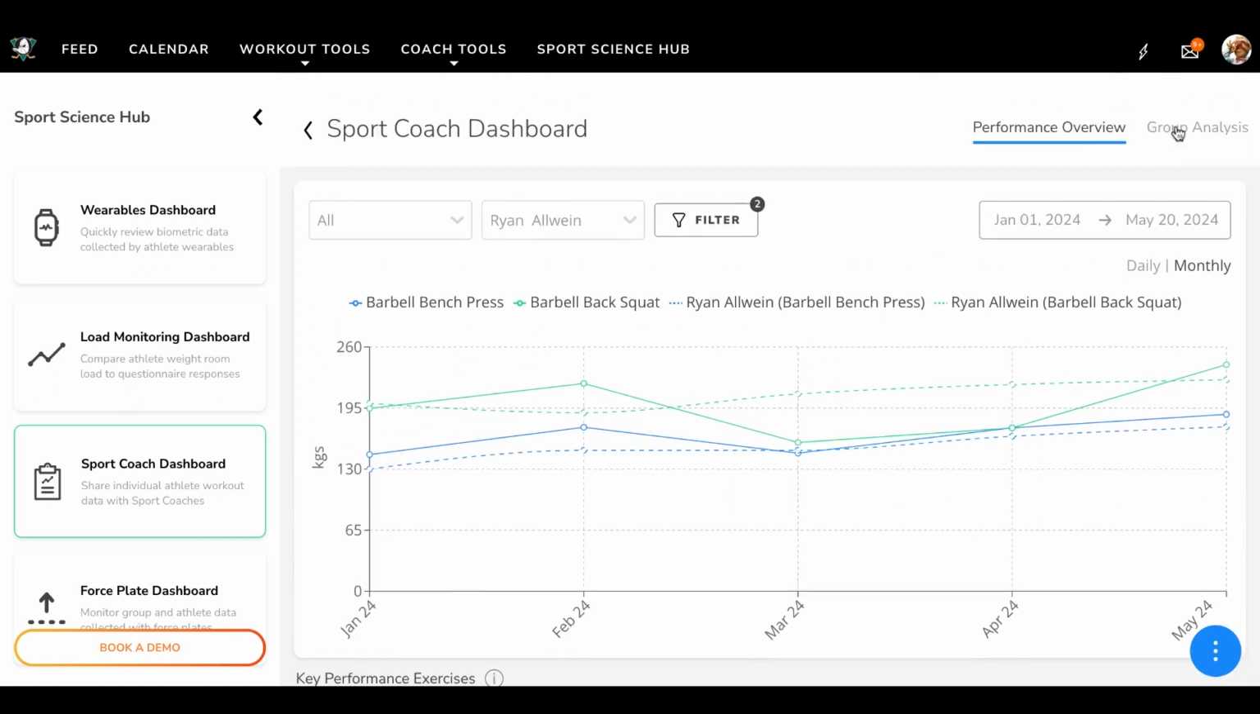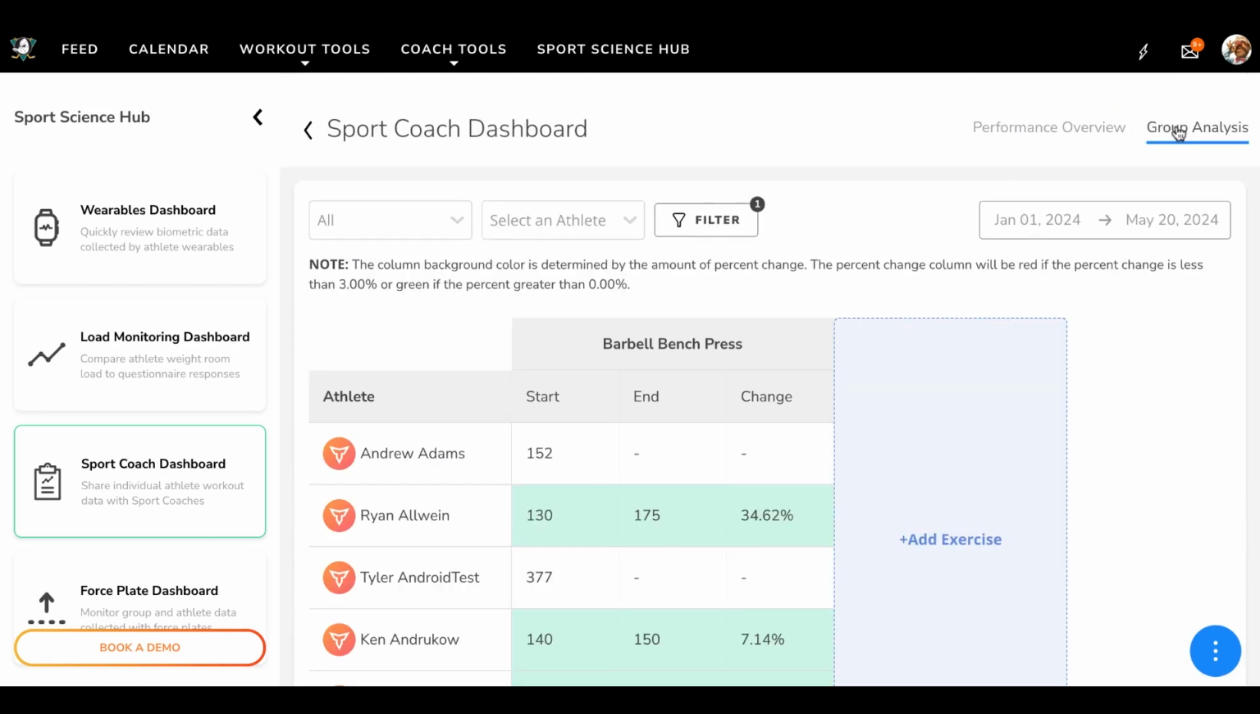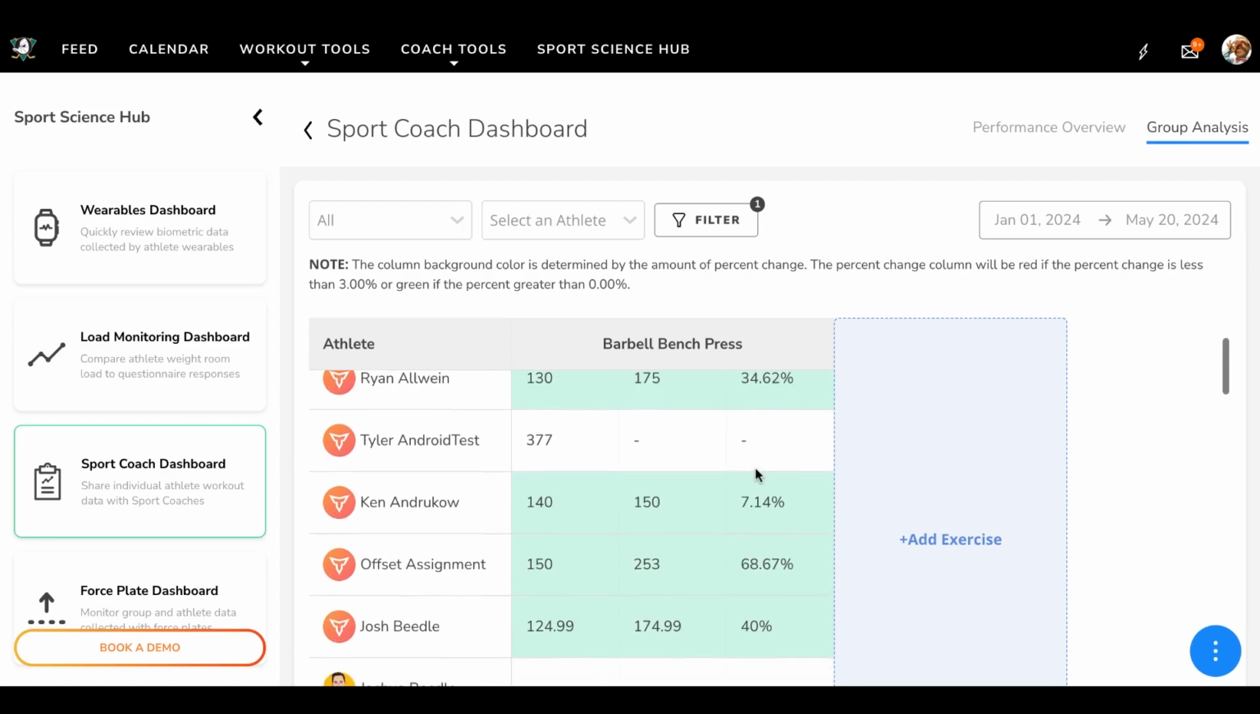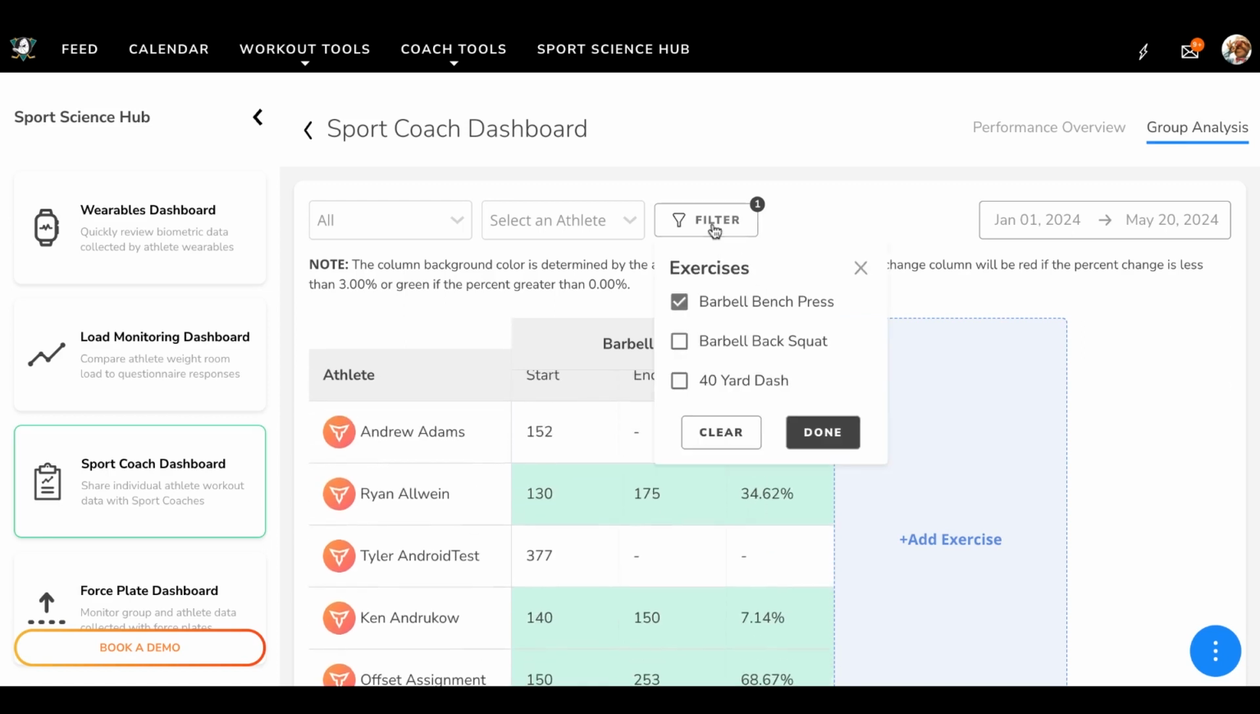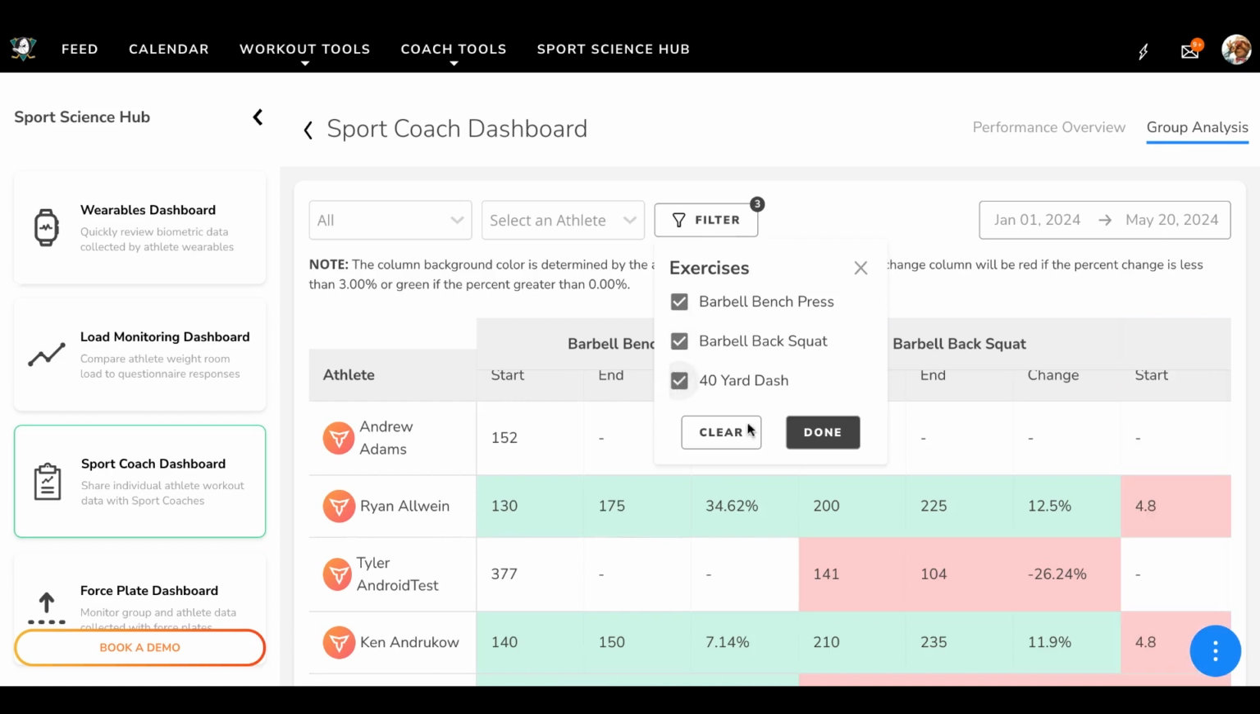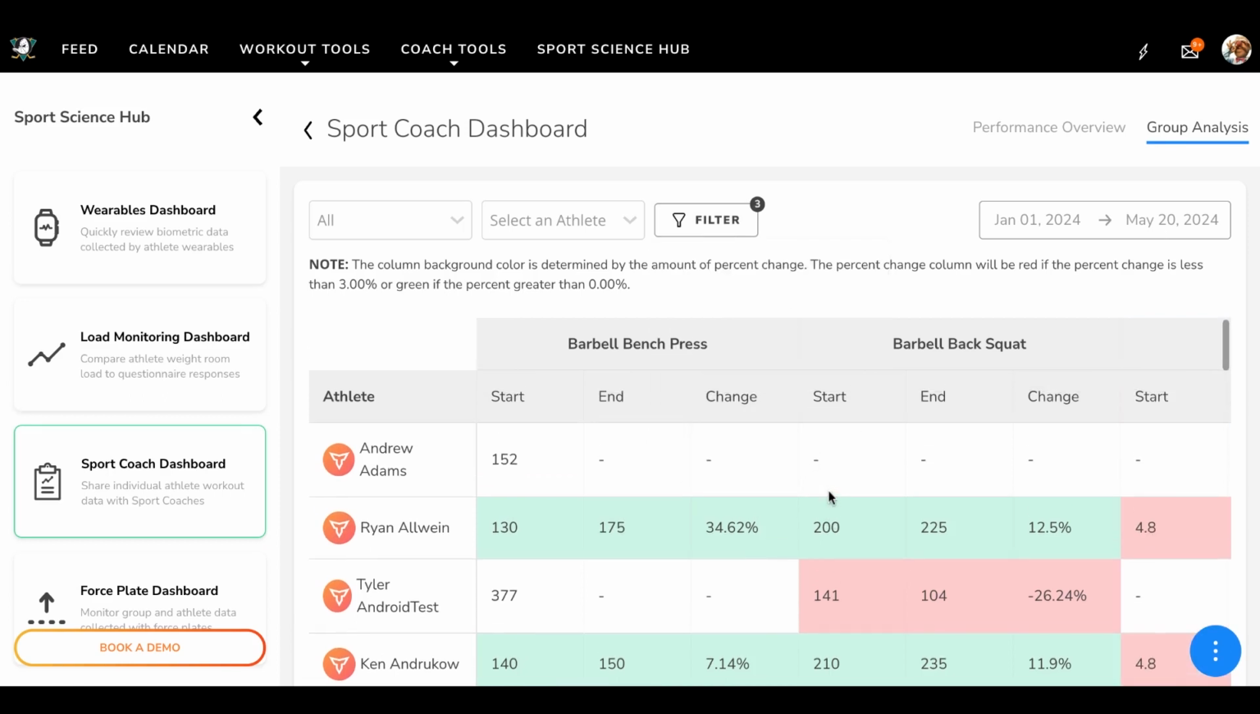The group analysis tab is a more detailed overview of each athlete's training progress by detailing the start and end values for each exercise and the percentage change per athlete. Coaches can customize this table by adding the different exercises using the filter button. So right now we just have bench press, but we can select back squat, and we can now select 40-yard dash, and we can see all of those